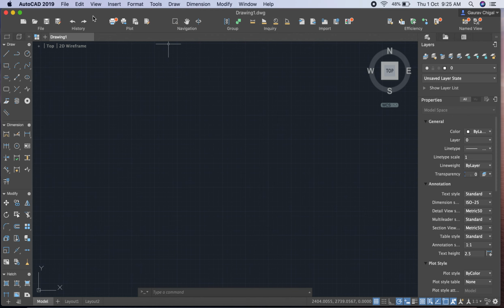So let us say first I draw a circle here of any diameter. Now you want to delete this circle. The most common way is to just select this circle, press delete on your keyboard, and the circle is deleted. But in a very complex drawing, you can select the circle and delete it with the help of the erase command. So I just press Ctrl Z, your drawing comes back, and now I go to the modify